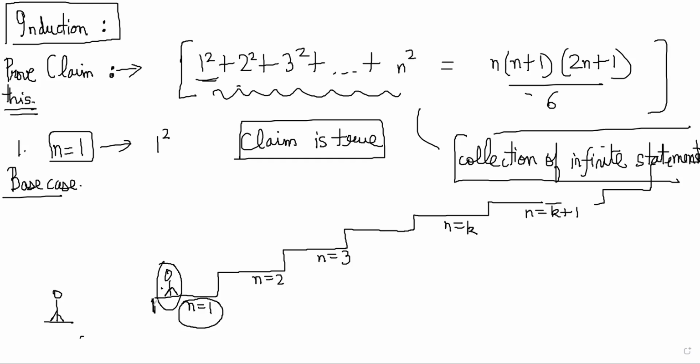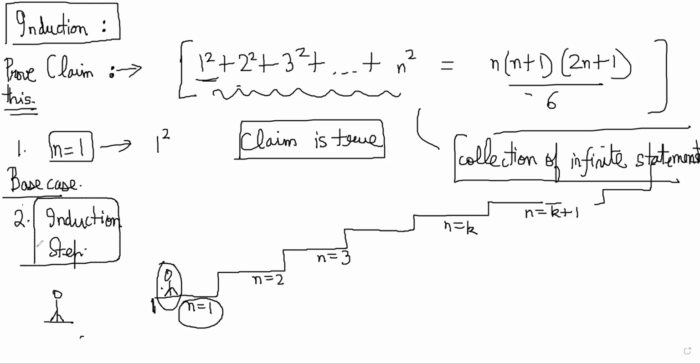Great. So now the problem is that I cannot keep checking everything, right? So you choose a random number or you put an algebraic statement. So you cannot keep checking everything. So we want a way to prove that if I prove one thing, then it will be true for everyone, right? That is what we want to somehow get. So the second step, the first being the base step, is called the induction step. Induction step is the most important step.